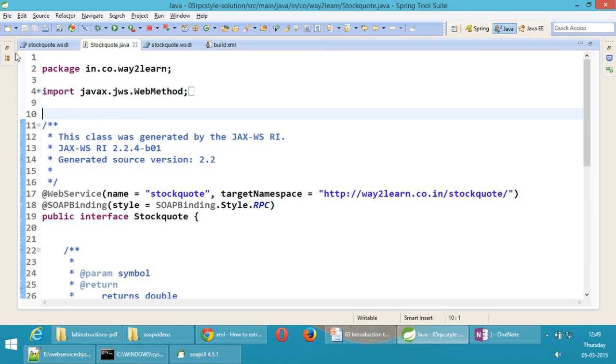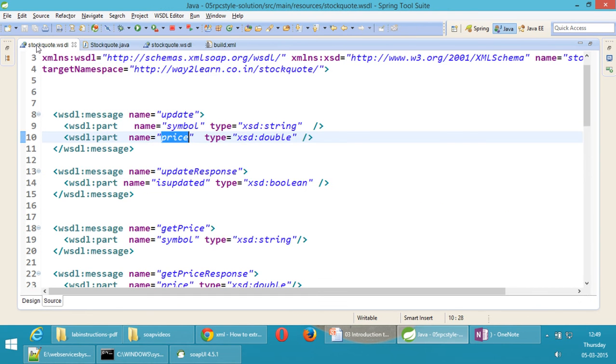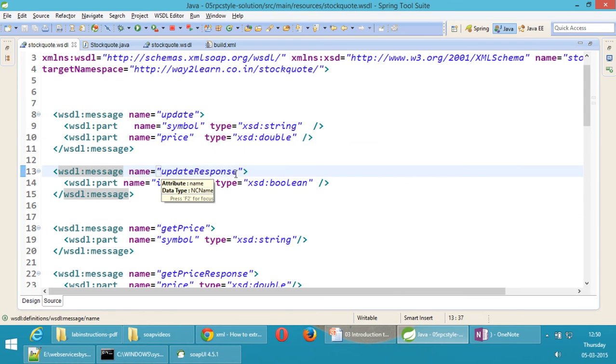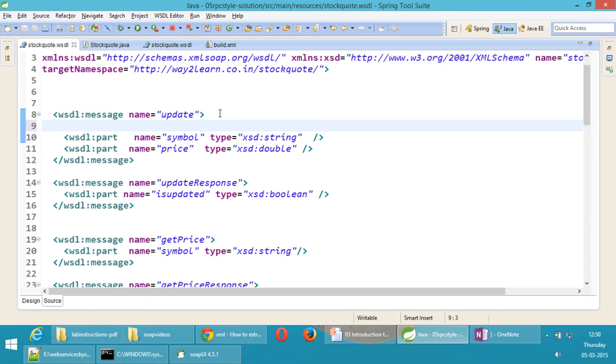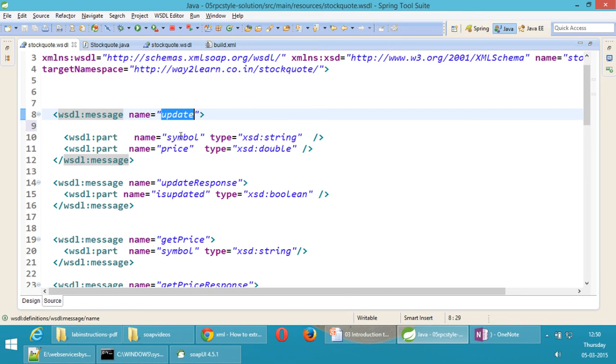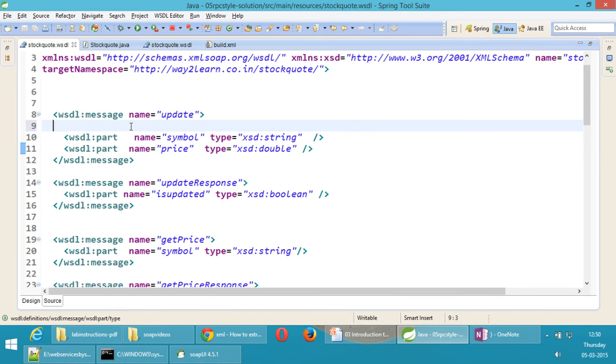And one more confusion I would like to tell you here is, let's say update method. I want my first update method to take order object. My update method right now is taking what? String symbol and double price. Let's assume that my update method in the generated class should take order object as the first argument.